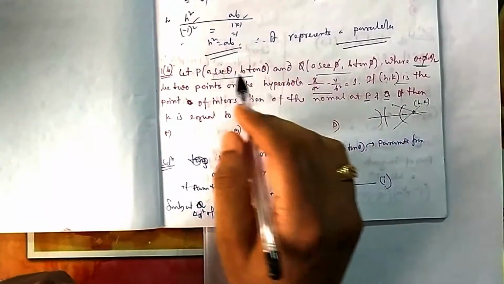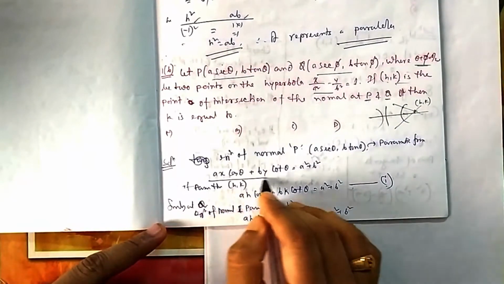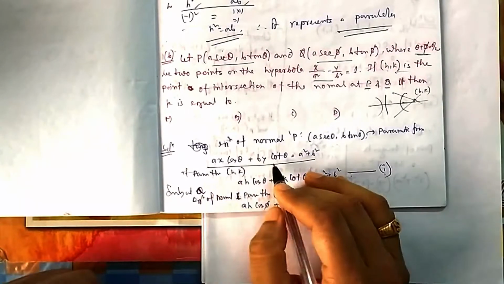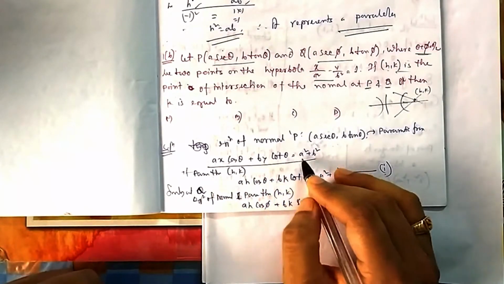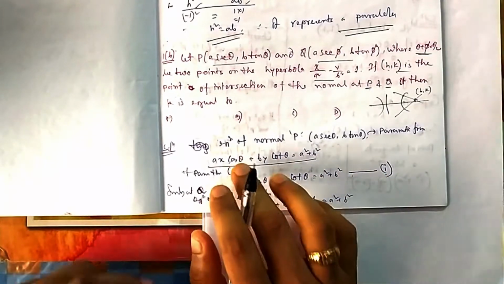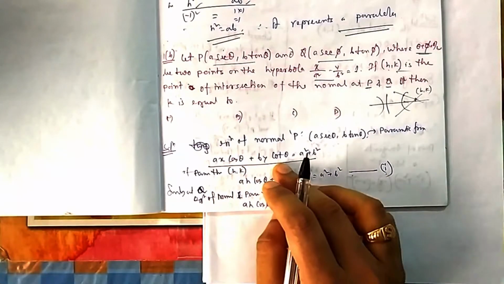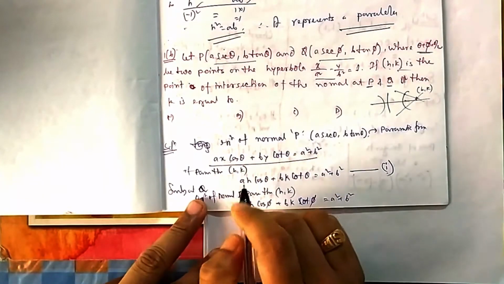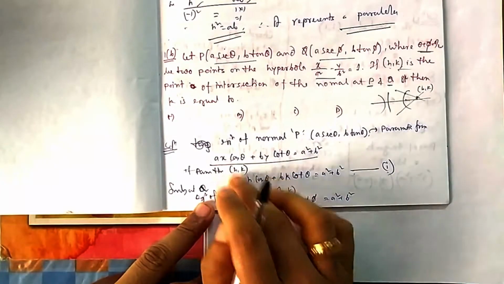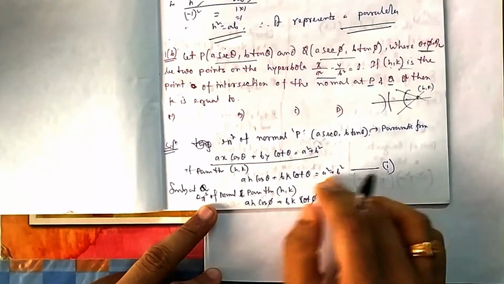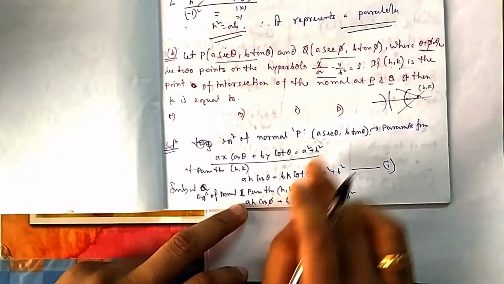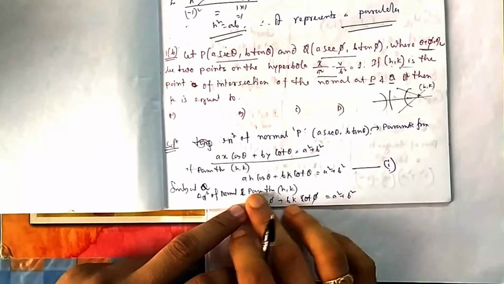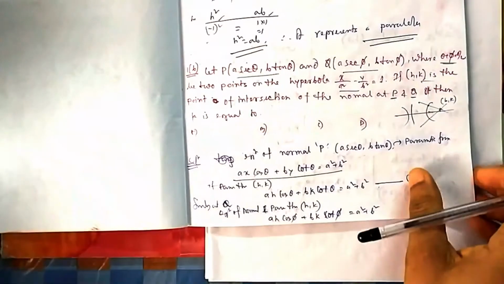This is p, this is q. So you can write the equation of normal. This is the equation of normal. You can remember the equation of normal. We have remembered it, ax by cos theta, by by sin tan theta is equal to a square plus b square. Same format, just in case of sec we have written cos, in place of tan we have written cot. That's it here. So now because it passes through h comma k, you put h comma k, it should satisfy. Similarly the second one, because it is passing through that point phi, the equation of normal is this one. Again that is also passing through h comma k, so if you put it there, that also satisfies.